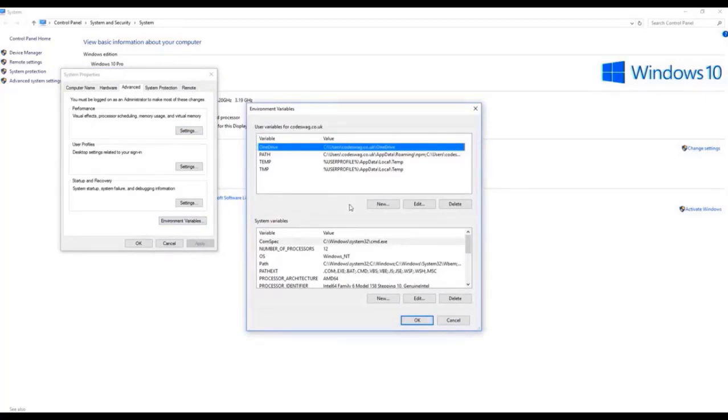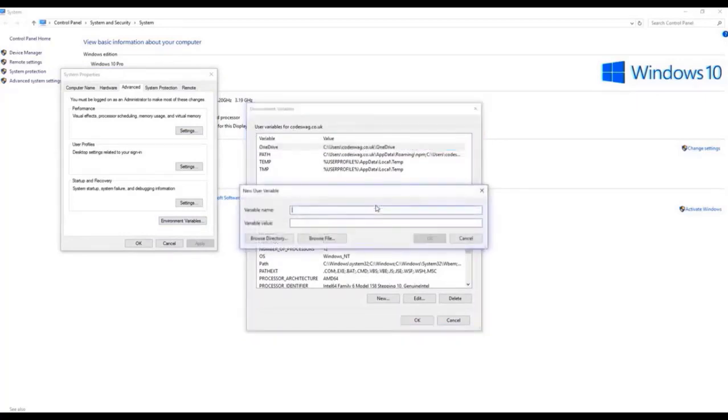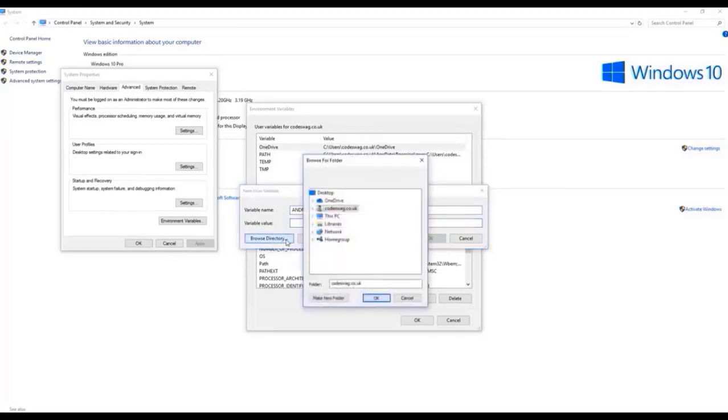There is a system variable and user variable. Just first user variable, just type Android home, Android underscore home in capital letters, and browse the directory